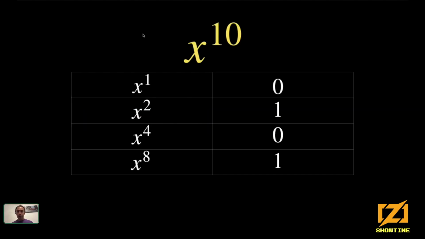So let's take a very simple example. If we want to raise x to the power of 10, there is a very simple way to decompose a number into a sum. And this is just a binary decomposition. We turn the number into binary, and we get a sum. So 10 in binary is 1010. So this is what we have on the right column.